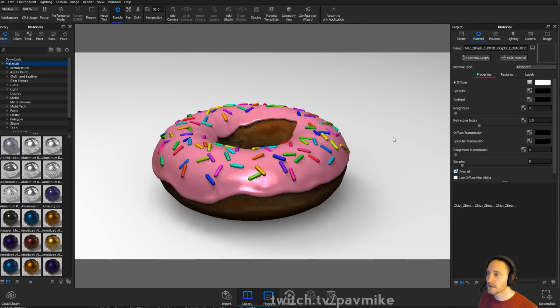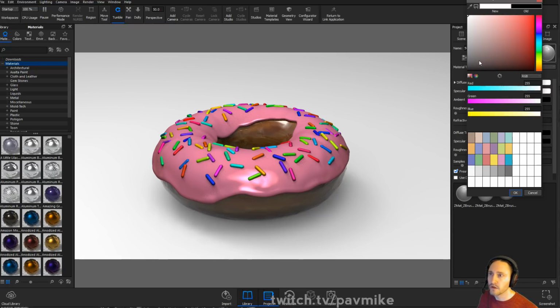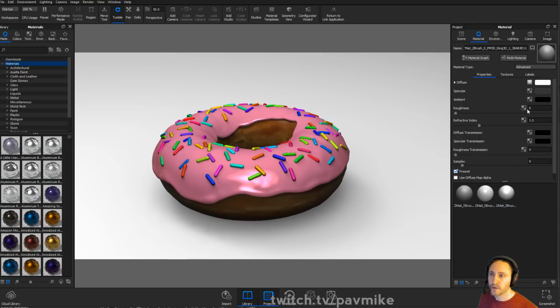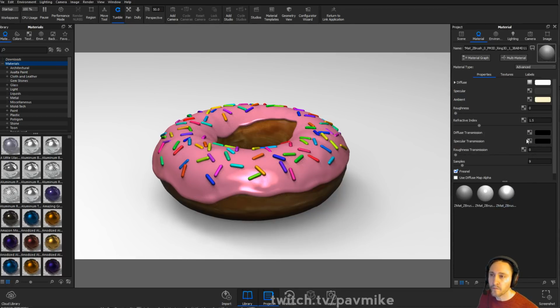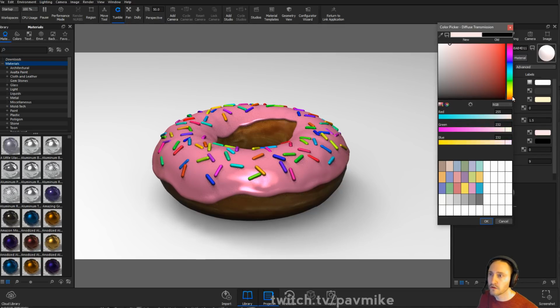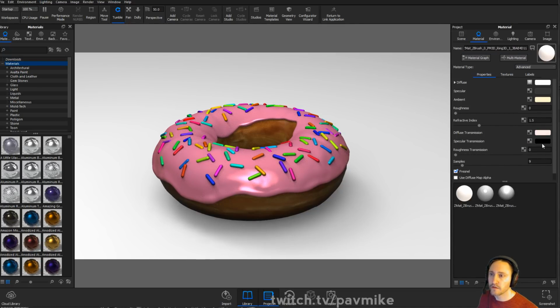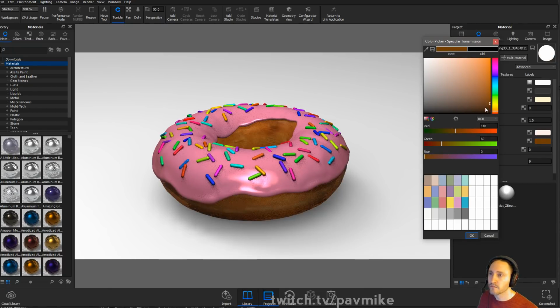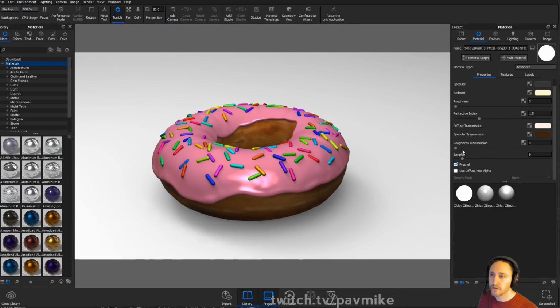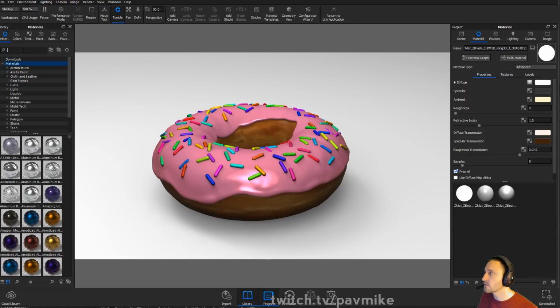So in order to get this, let's take this one here, and we'll say specular. We don't want that to be a white specular for sure, but on the ambient, let's change that to white, or maybe like a golden. Diffuse transmission, and the specular transmission. There we go. Let's tint that up a little bit. Roughness transmission. I don't even know what I'm doing in here. Let's see, you know what? When in doubt,